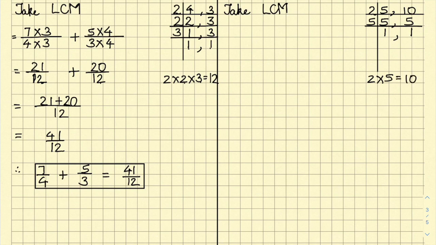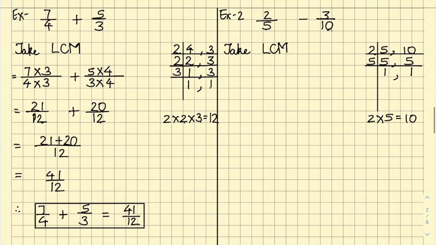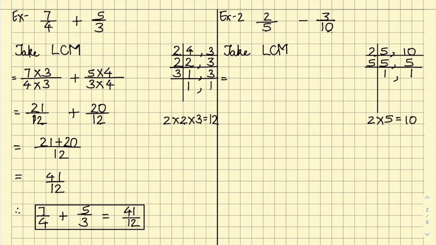So now what you need to do is copy the fractions again. The first fraction is 2 over 5 minus the second fraction, 3 over 10. Now 5 multiplied by what will give you 10? 5 multiplied by 2. So when the denominator 5 is multiplied by 2, the numerator also should be multiplied by the same number 2. But 10 is already there in this denominator, so we don't make any change at all. So 2 multiplied by 2 gives you 4 over 5 twos are 10, minus 3 over 10.